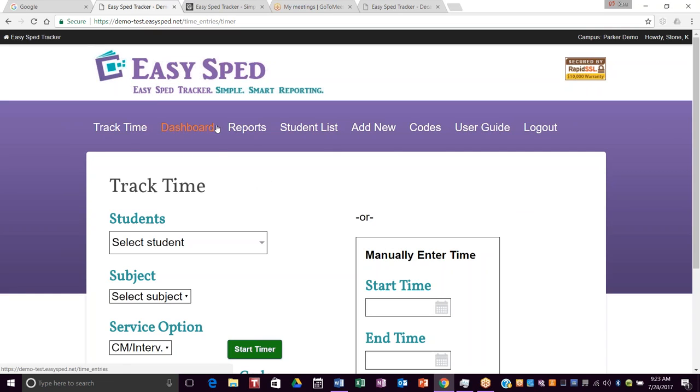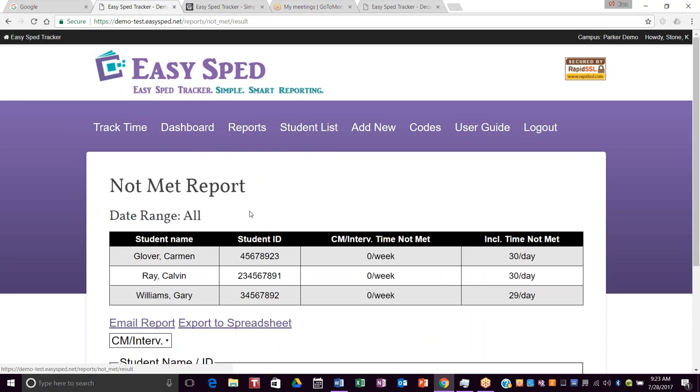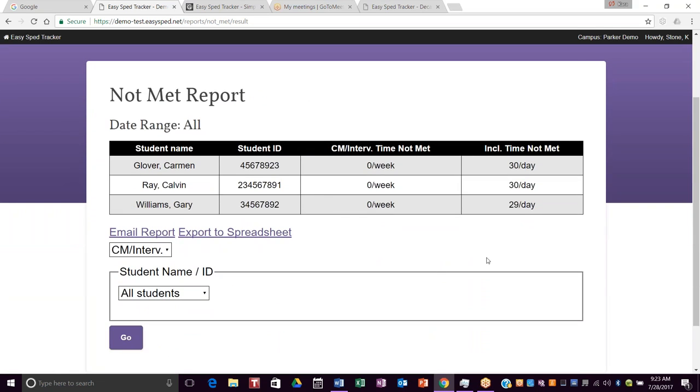Okay, on the time tracking screen, you also have reports. Within your reports, there are two reports that your instructors would use, and that would be your time met and your not met. The not met report is what is actually based off the required times that are entered on the student list. Your total time that's entered on your student list is compared to this list, and this not met report starts over on Monday with the required time, and it